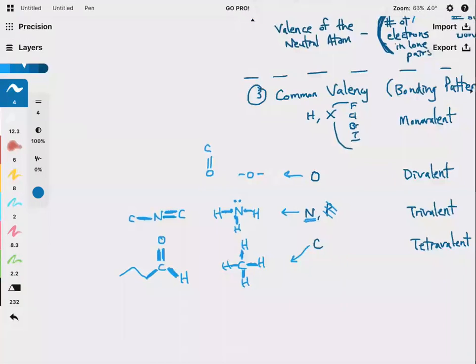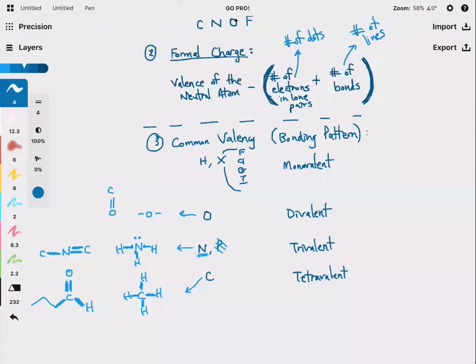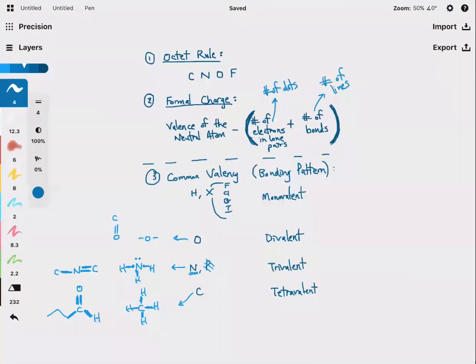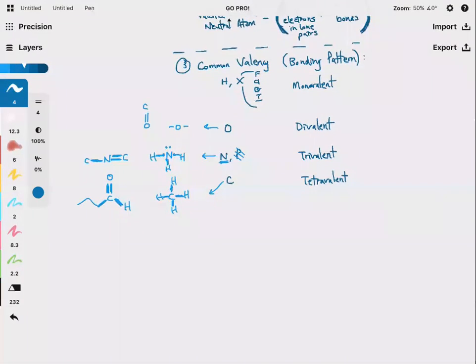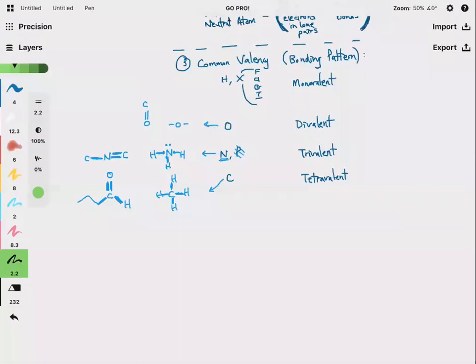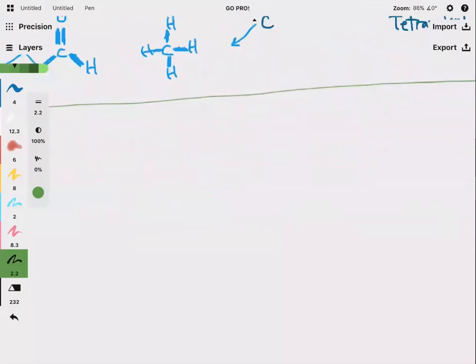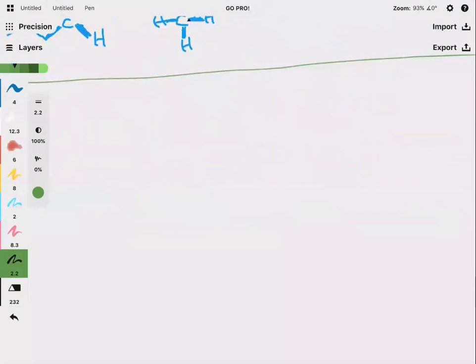So those are the 3 general rules that we follow whenever we're trying to build a structure if all we're given is its molecular formula or a kind of incomplete diagram. So let's put these rules to work and let's start creating some structures. The first one I'll show you is one that you've already seen before. It was in your